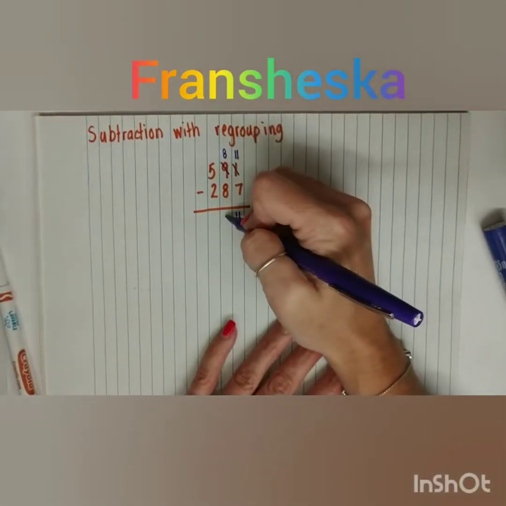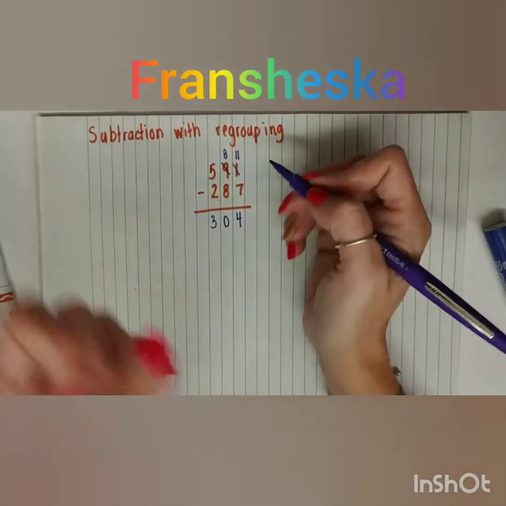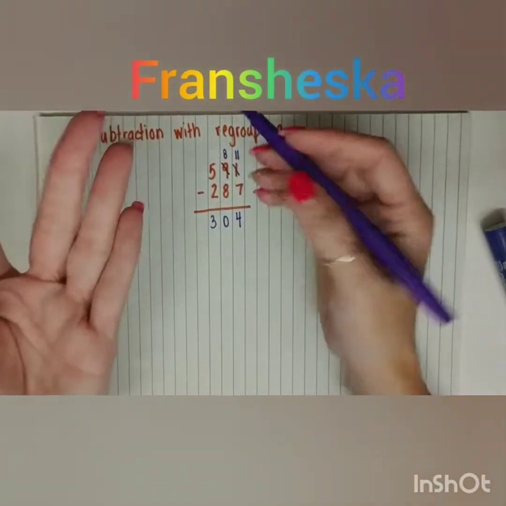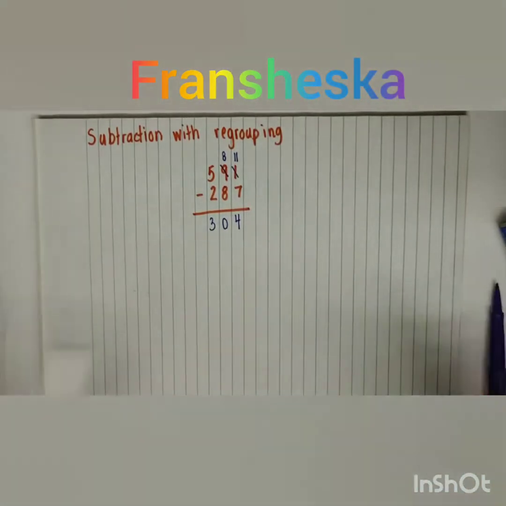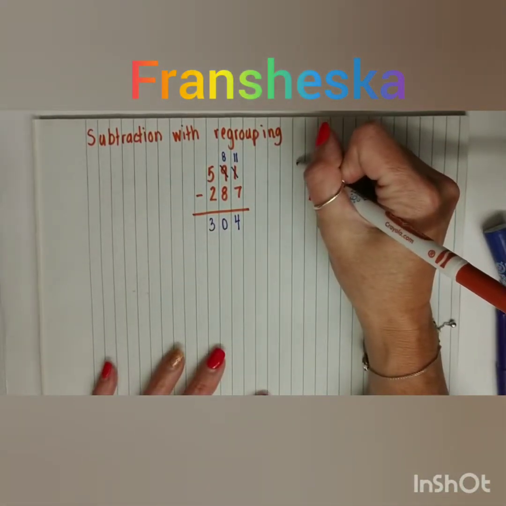8 minus 8 is 0, and 5 minus 2 is 3. And I can do 3, 4, 5, so I can see that. And I count up from my lower number. All right? So another type of problem we might have